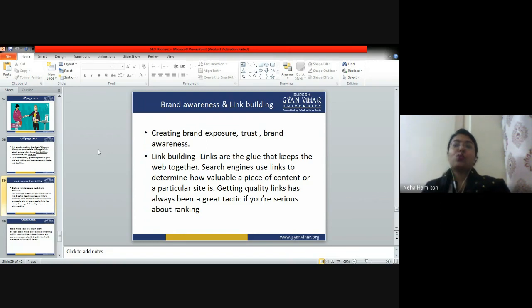Okay, so let me give you an example. For example, if you are reading a management article on the official website of IIM Ahmedabad, which is the topmost institution when it comes to management studies, right?